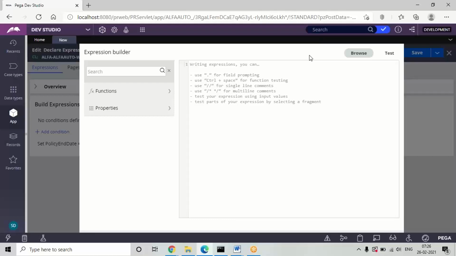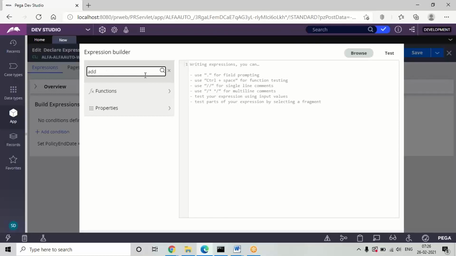The remaining parameters like hours, minutes, seconds are not mandatory. We only need to fill the parameters related to the source properties. So the function we need to use here is add calendar.